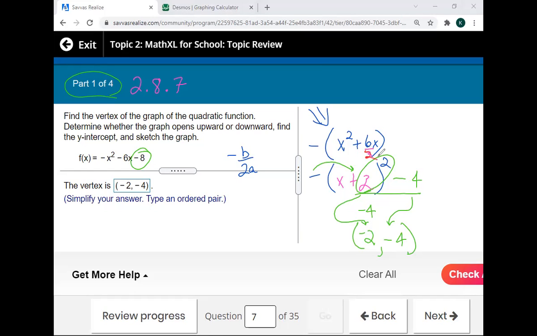6 divided by 2 is a 3. So I've got 3 squared then is 9, then put the negative on. So this is negative 9, and I needed a negative 8. So 8 plus 1. See how I said if I made a mistake, it just gives us a chance to learn. So yeah, I just did that on purpose. Yeah, we'll go with that. All right, so let's